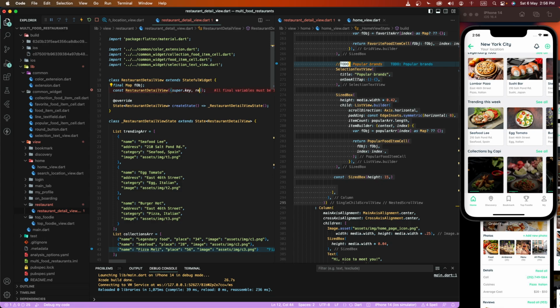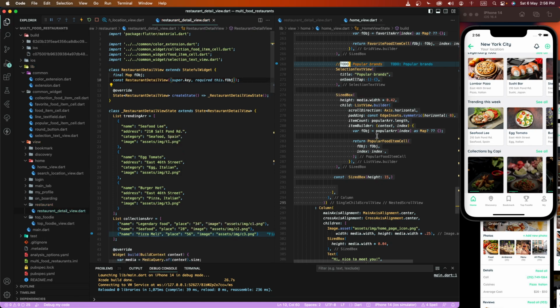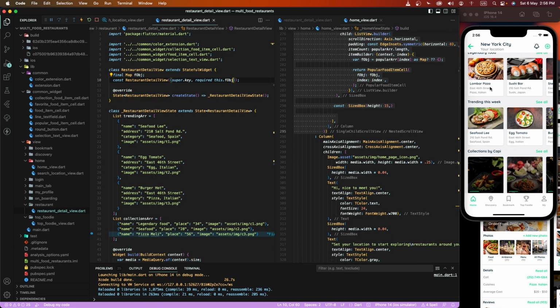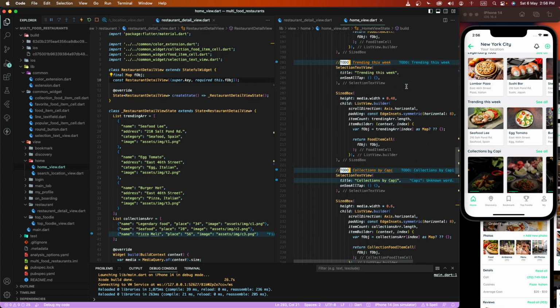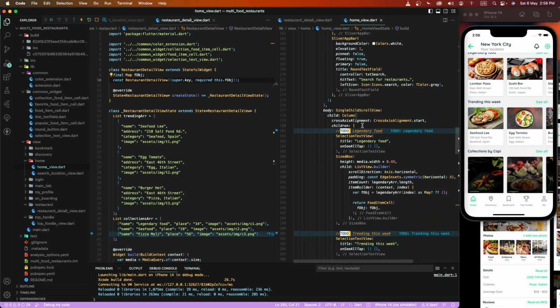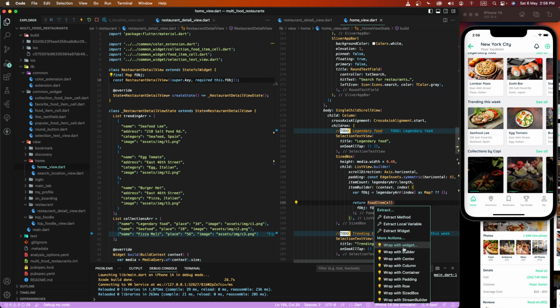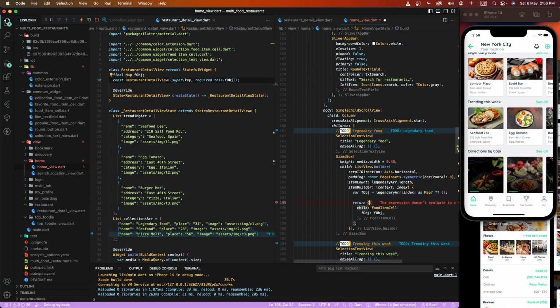Pass here the required parameters, or dot required, and we need to save, and we need to create a click event for these related cells. We need to go inside, first of all, legendary, and we need to get here the gesture detector, and write down the onTap, and we need to give here